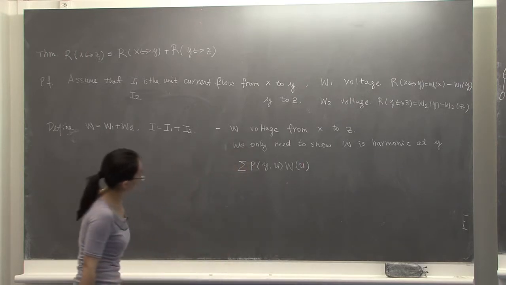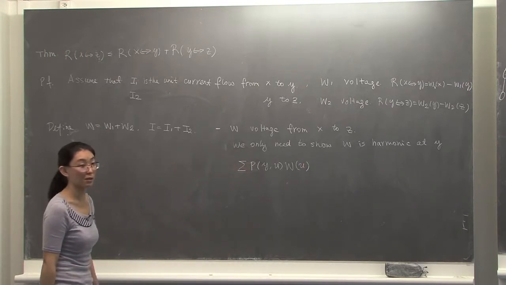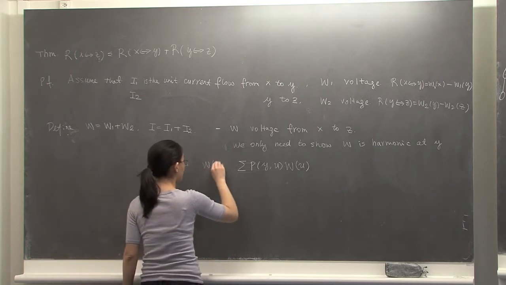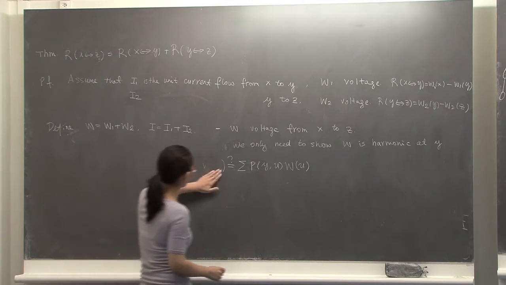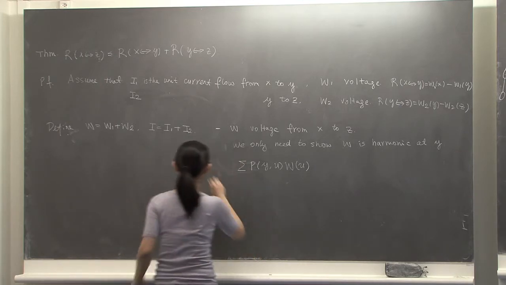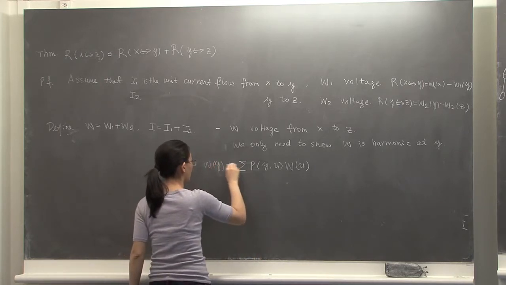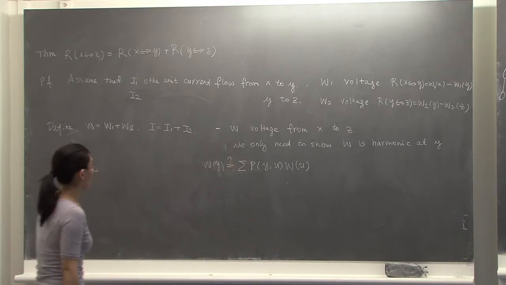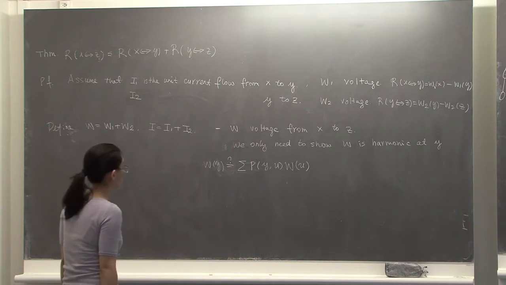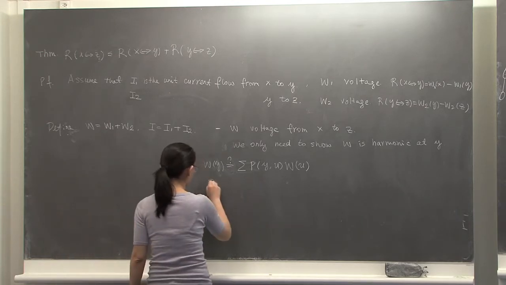So we need to check this expression is the same as WY. Oh no, harmonic means, all right. So why is this true? W is W1 plus W2. So for the right-hand side,